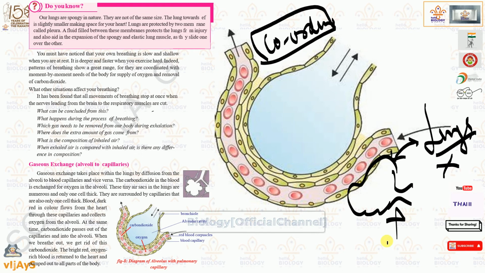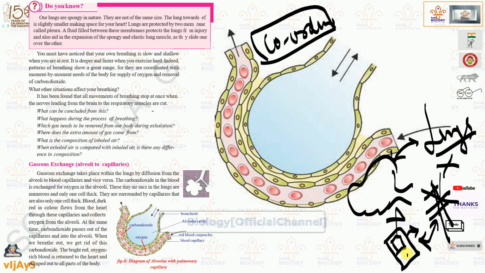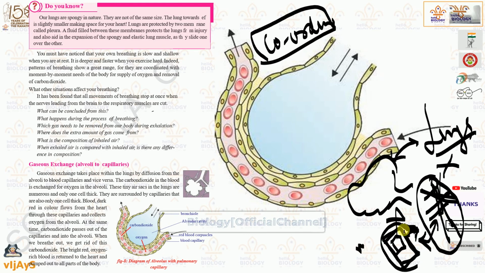For example, a mobile battery has been removed and the tower connection has been removed. Can we get any connection between the mobile and this pole? No, we cannot get. Why? Because the pole's current has been completely discharged, so there won't be any signaling. The battery, as if it is removed completely from the phone. If the battery is removed, it means there is no power supply. So how can the communication be there? No, there won't be any communication. Similarly here for the brain and lungs also, communication won't be there.